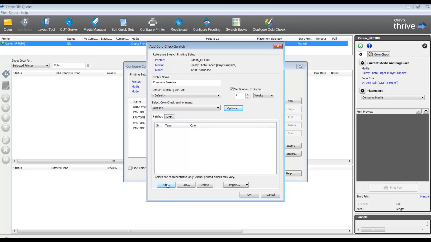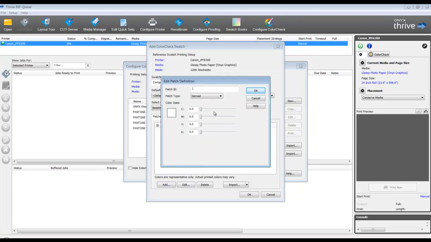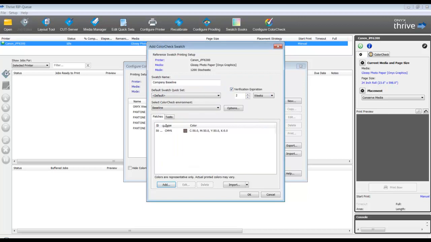I'm going to click on the Add button. I start out with a value where I can adjust my own dot percents in here. So let's say I type in 50% CMY. By typing in my own recipes manually, I could add to my library of colors that I want to debate for this baseline, referencing the information I want to type in.